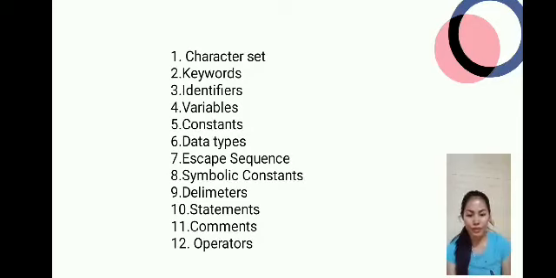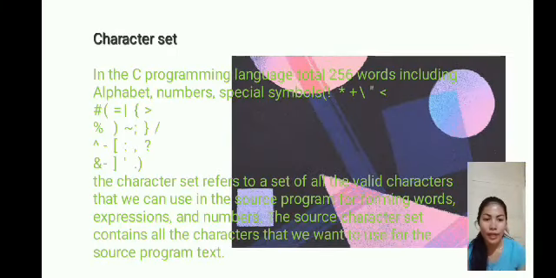The first one is character set, keywords, identifiers, variables, constants, data types, escape sequence, symbolic constants, delimiters, statements, comments, and lastly, operators. Character set. In the C programming language, there are a total of 256 characters including alphabets, numbers,